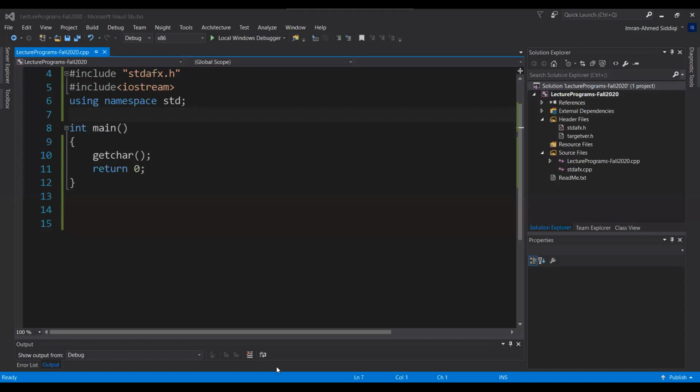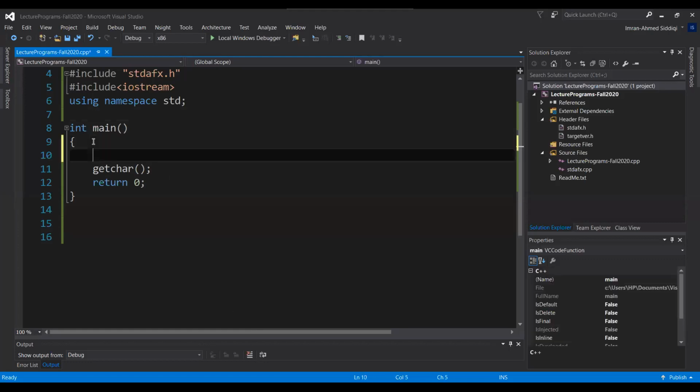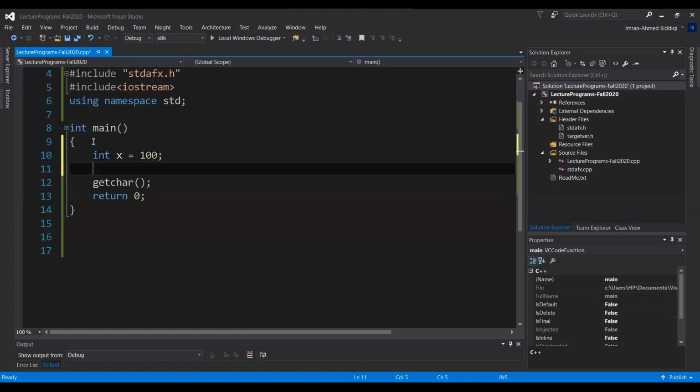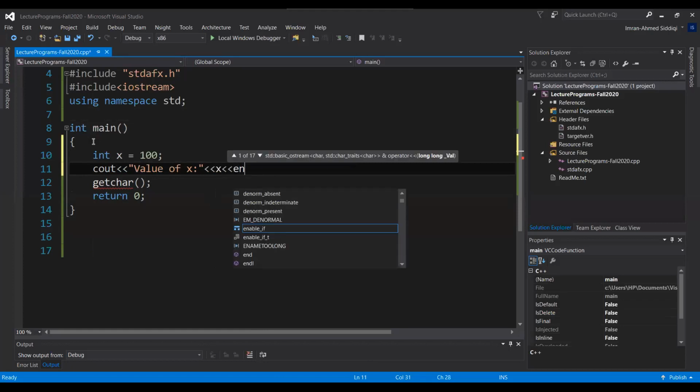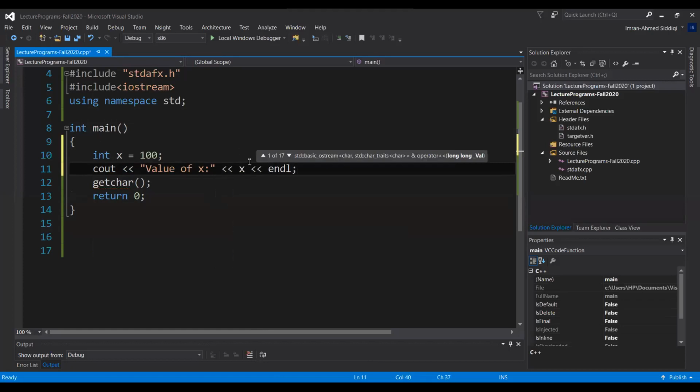Okay, so all the examples that we have seen, rather it was one single example, right? So let me just write those statements within the program. We don't have any functions here, so it's a very clean main. So I take an integer x, I give it value, say 100. And we know that if we want to print value of x, I can write value of x is, and I can simply write the name of the variable, I get value of x, right?